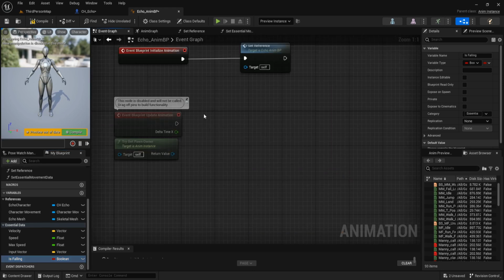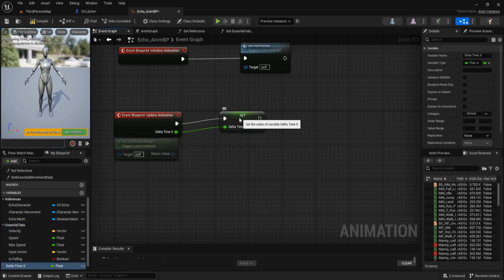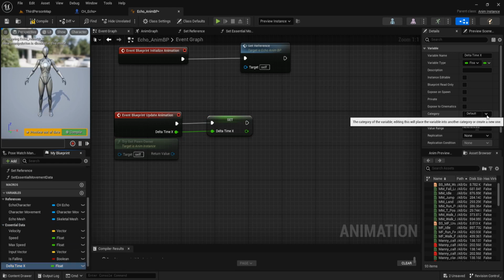Go to event graph and promote this delta time X to variable. And this is essential data too.